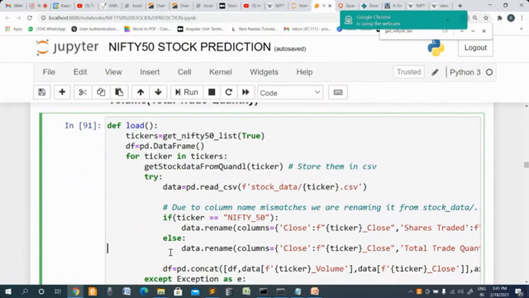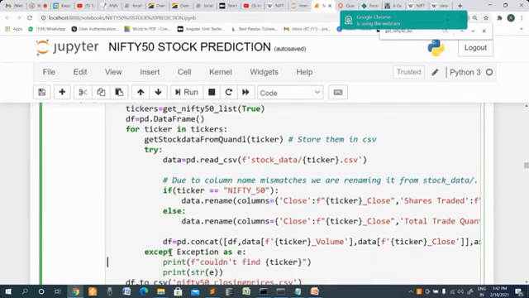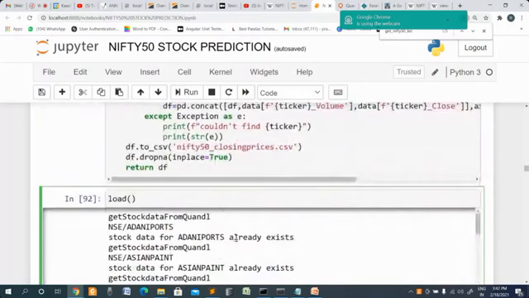Okay, you can do a lot of the way you do query using SQL. Same thing you can do with pandas also, where you can do any aggregation function, finding maximum, minimum, comparing, and all those things. So we are concatenating this data, and then we are going to create a new file called Nifty